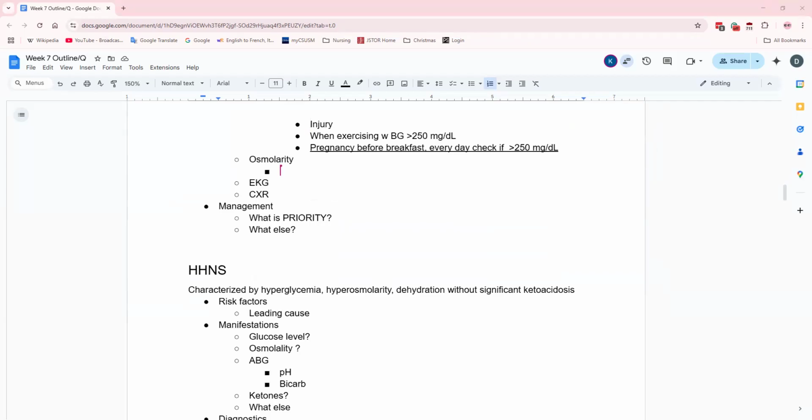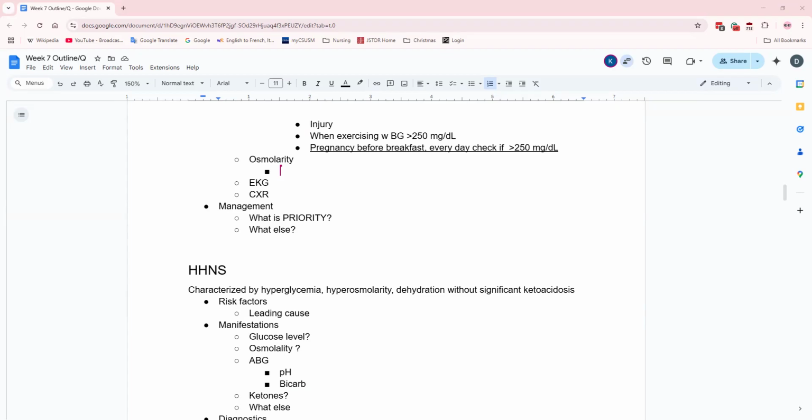Do you expect this person to be hemoconcentrated, hemodiluted, or kind of right in the middle? I feel like this one messed with my perception. It's a little bit variable, right? So it could actually be normal to a little bit low, because remember that the high amount of sugar in the blood is able to pull more fluid into the intravascular space. So it could kind of dilute things down, but it's usually normal-ish.